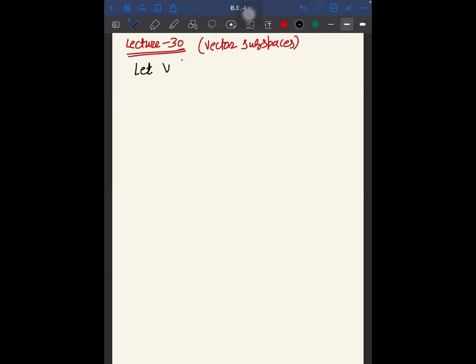So let V be a vector space. A vector space means a non-empty set which has a few properties which we have already done in the last lecture, over a field F. In our course, our field will be restricted to either real numbers or complex numbers, right? Now, assume that